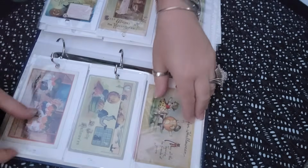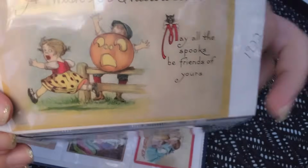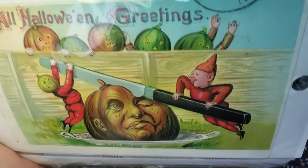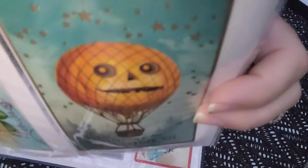All right, I think this is not the last page. All right, we're down to the last 2 pages. Let's roll. There's that one. I have to hurry because I'm at 29 minutes. People are like, no, take your time. It's like, no, I'm running out of daylight. It's getting too dark. What? I don't remember this one at all. Love it. And this one was a favorite. I could also use that for the thumbnail. The hot air